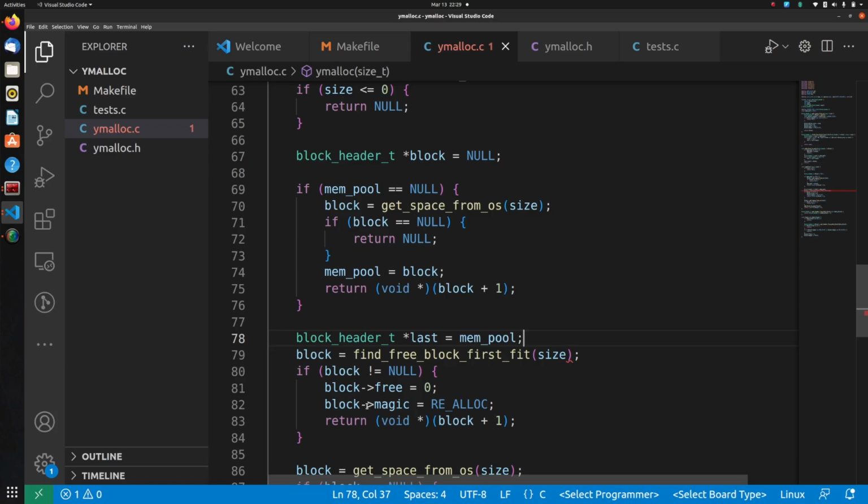I now define this last pointer and I point it to the beginning of the memory pool linked list. Basically I'm pointing it to the head node, and what I'll do is I will send a reference that is a pointer to this pointer, or rather the address of this pointer, right? So I'll try to explain in very short why a double pointer is required here and why a single pointer